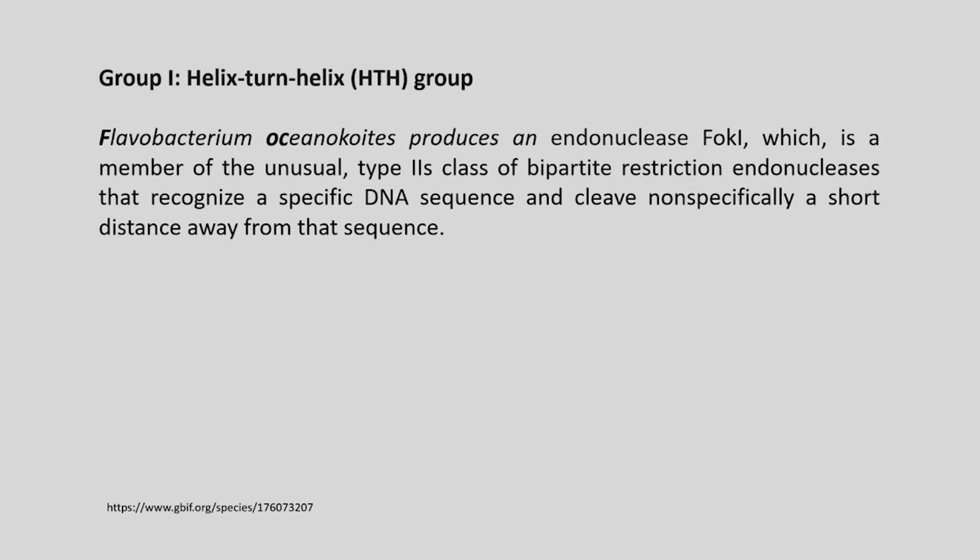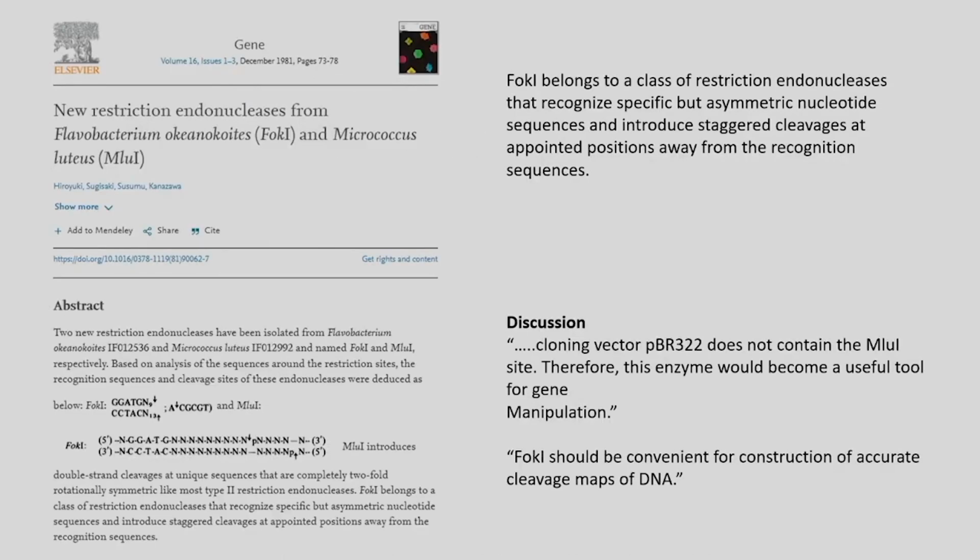This particular organism, Flavobacterium echinocoides, produces an endonuclease called FokI, which is a member of the unusual type 2 class of bipartite restriction endonucleases that recognizes a specific DNA sequence and cleaves non-specifically a short distance away from that sequence. This is one of the very important discoveries